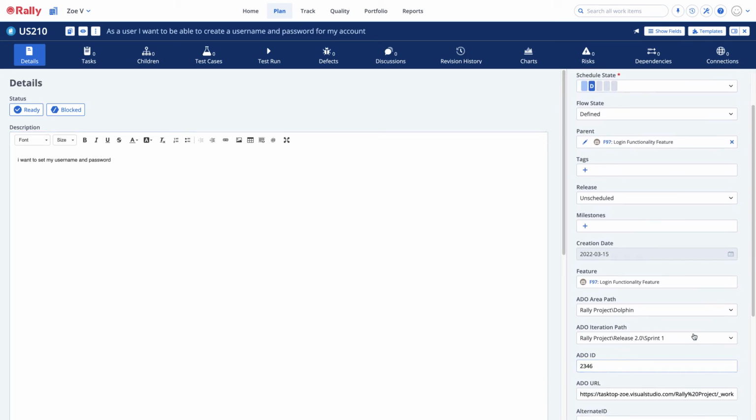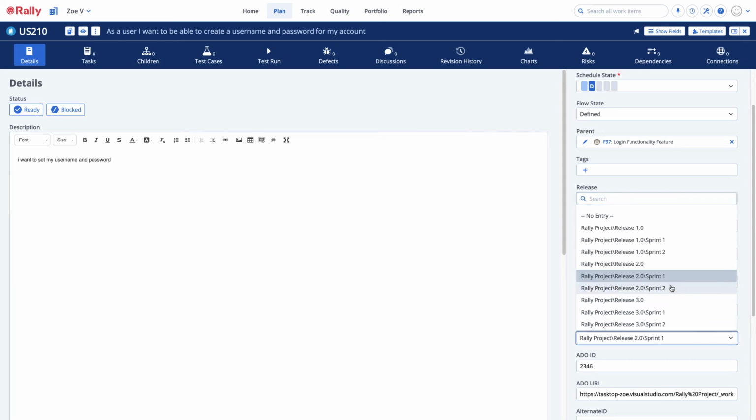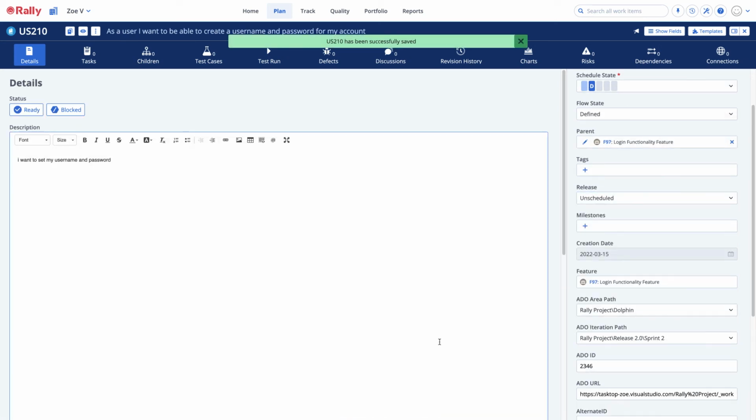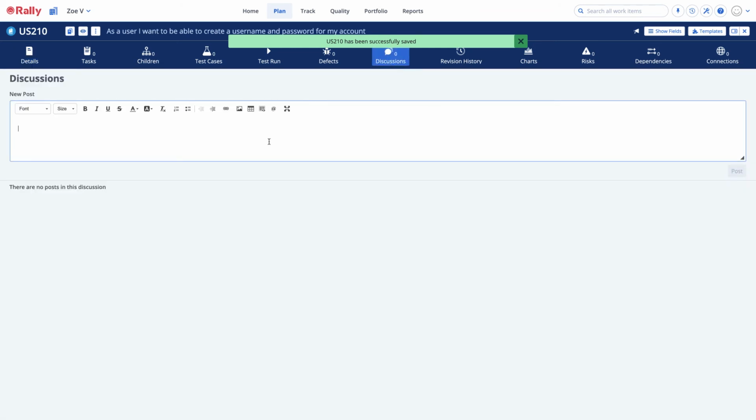Something else I could do is I could come in and maybe I want to change what sprint this relates to. So I could say, actually, this one won't go into sprint 2. Now, before I go into Azure DevOps, I want to go into my discussions. And one of the values of Tasktop Hub is they want to empower your teams to stay in their tool of choice. So instead of having to get out of the tool, be in both systems, here we could use